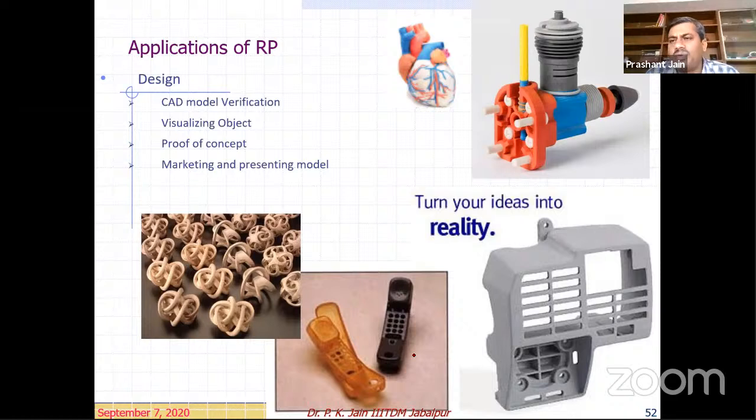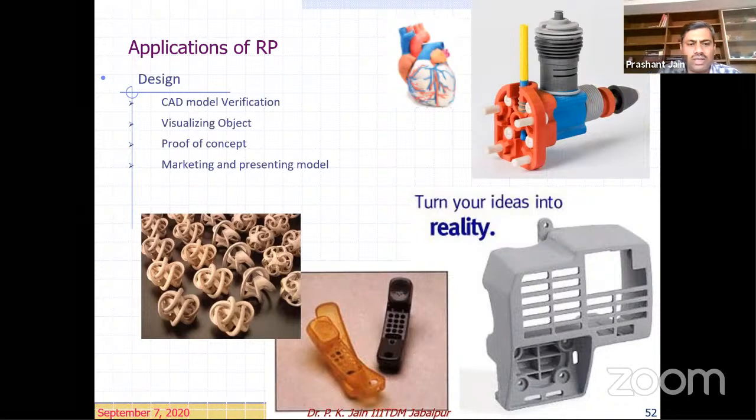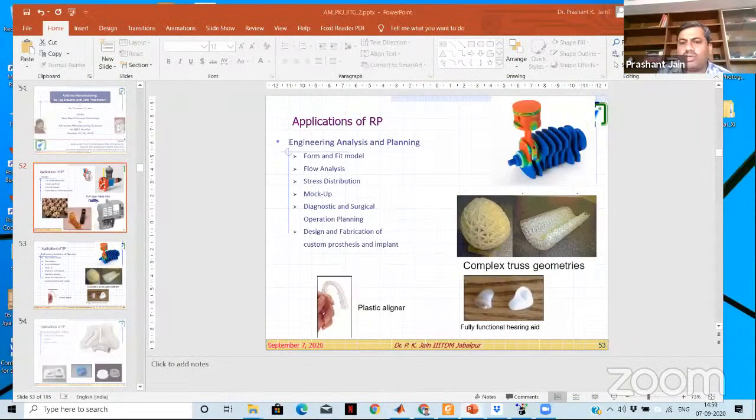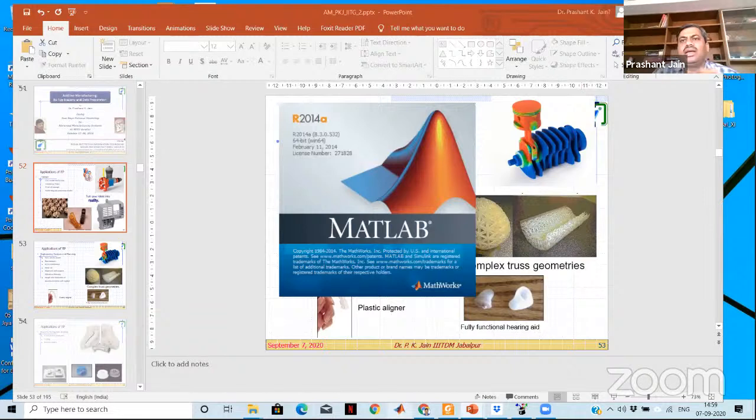We discussed the principle, we discussed the data preparation, the STL file requirement, and the slicing to be taken care of, right? And then we are coming to the application part. Look at this, if I go even for the slicing as well, we can generate all this information, this data on our own system. Need not go for any third party software, right? You can have an STL file, you can open it and you can cross section it.